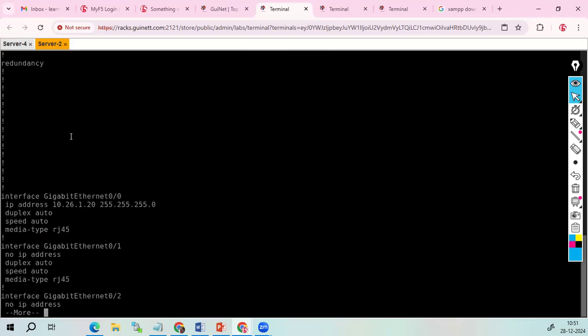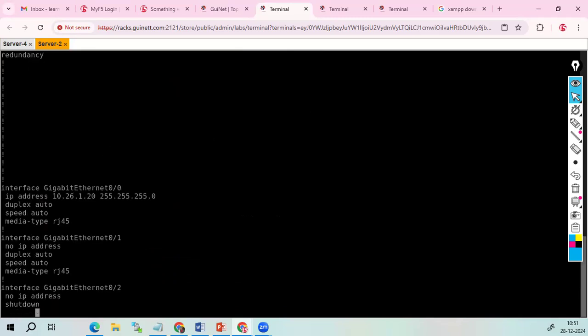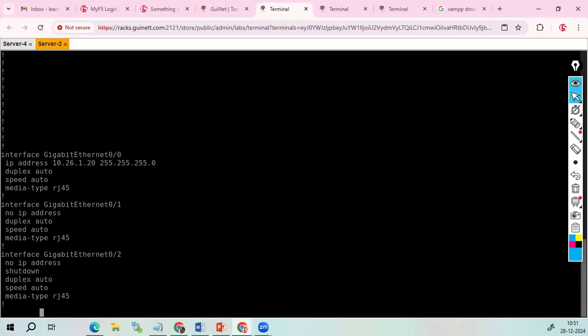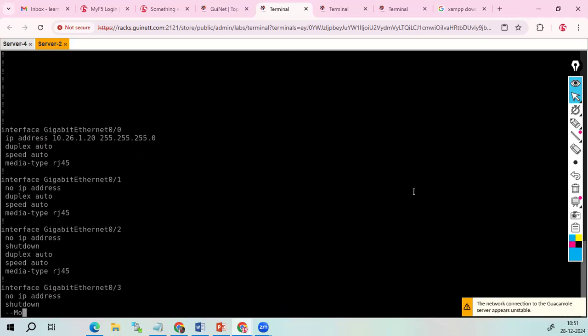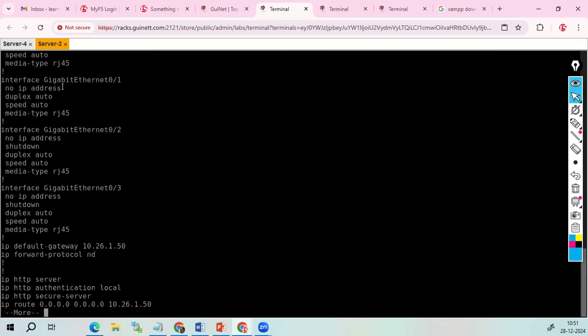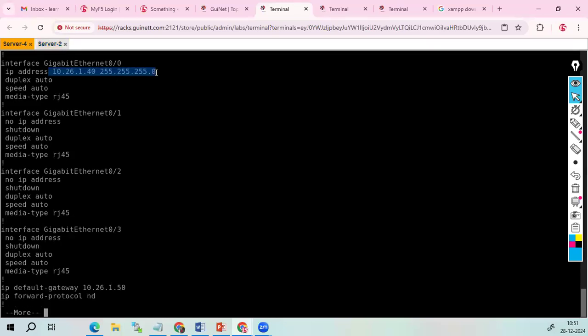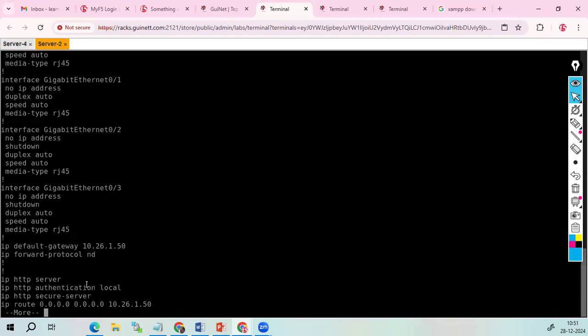That's correct. Where is the gap, man? 10.26.1.20, right? 10.26.1.40, 255 dot, right? IP default gateway 10.26.1.50. Oh,